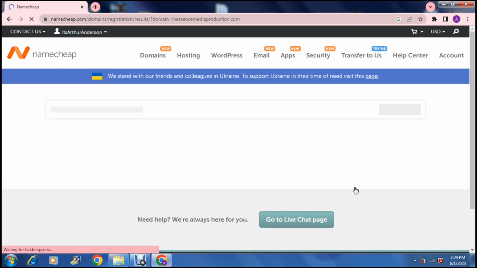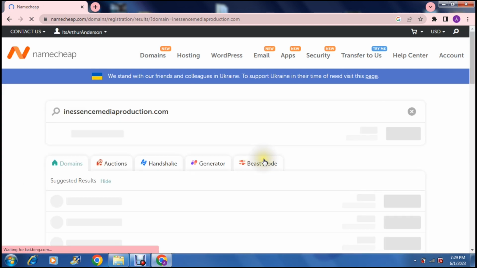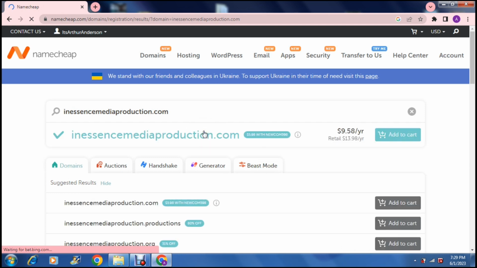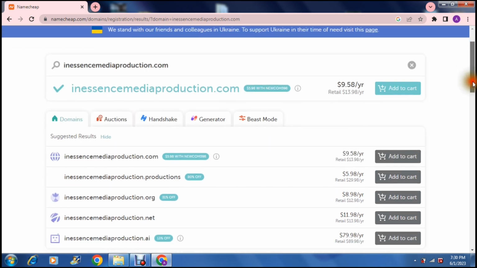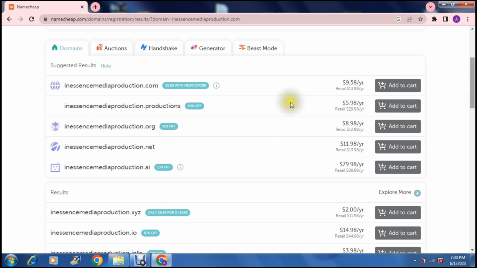Now you'll get into this next page, and basically what it will tell you is if that domain name is available or not and what it will cost you. So depending on if it is owned by somebody else and they are selling it or auctioning it, that price might actually be a little bit different. So over here you can see that it is available with this big check mark over here, and then there are some other suggested results that are in addition to your domain name. You can have a look at that down over there,